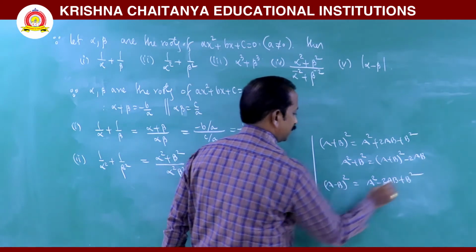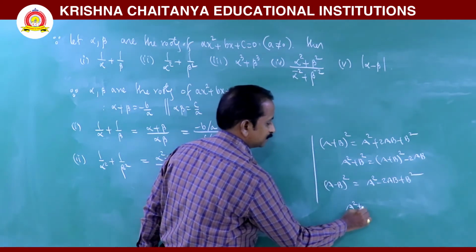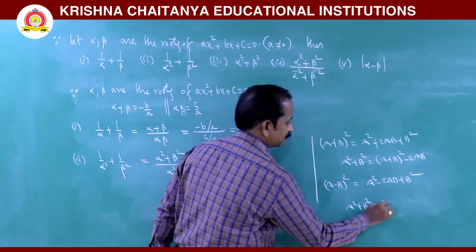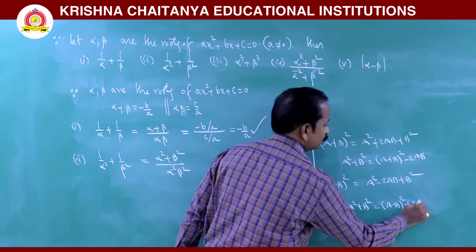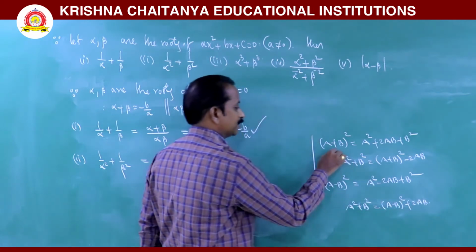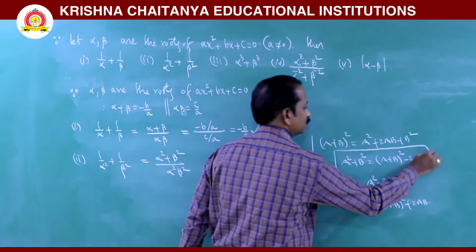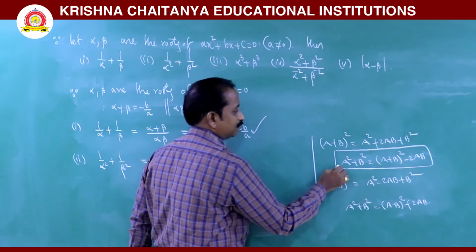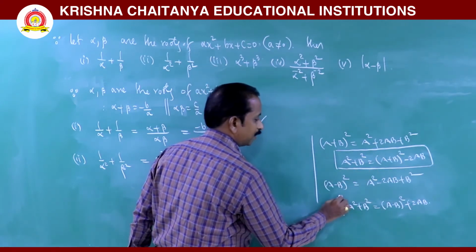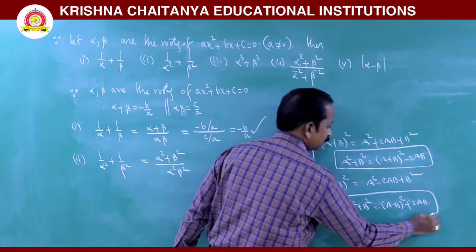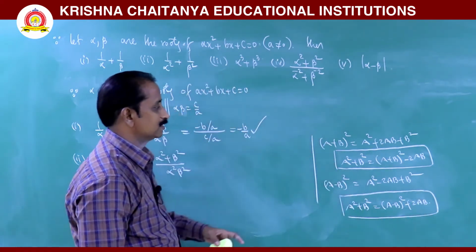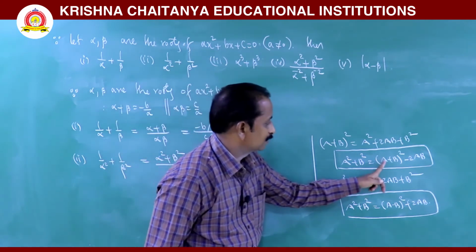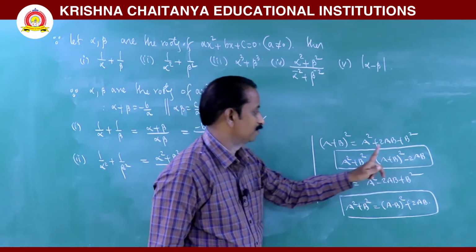From this one I can write a square plus b square as a minus b whole square plus 2ab. So a square plus b square has 2 ways, a plus b whole square minus 2ab, otherwise a minus b whole square plus 2ab. Which one we have to use? We want sum and product, that's why we can apply